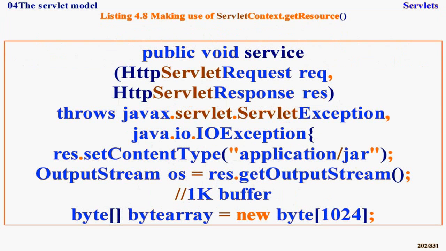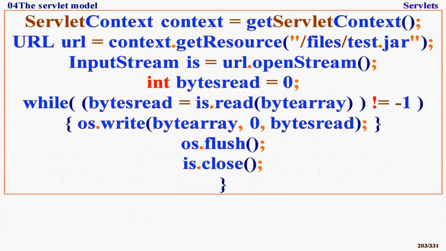Listing 4.8: Making use of ServletContext.getResource. public void service(HttpServletRequest req, HttpServletResponse res) throws javax.servlet.ServletException, java.io.IOException { res.setContentType("application/jar"); OutputStream os = res.getOutputStream(); // 1K buffer byte[] bytearray = new byte[1024]; ServletContext context = getServletContext(); URL url = context.getResource("/files/test.jar"); InputStream is = url.openStream(); int bytesread = 0; while ((bytesread = is.read(bytearray)) != -1) { os.write(bytearray, 0, bytesread); } os.flush(); is.close();